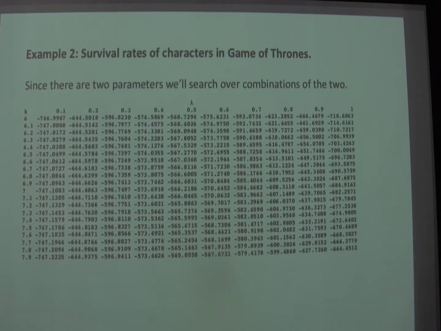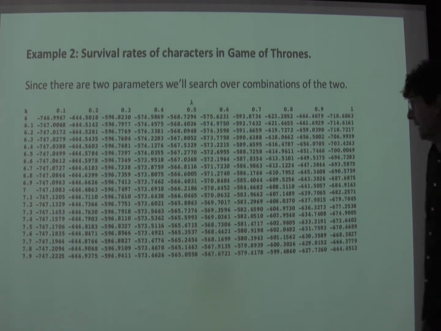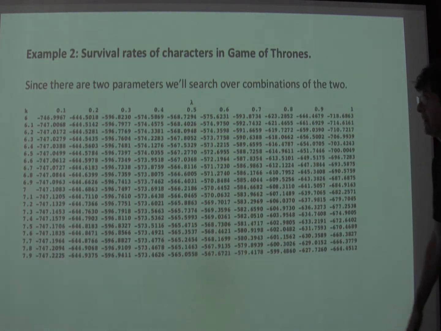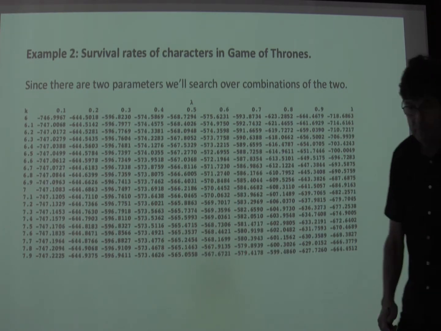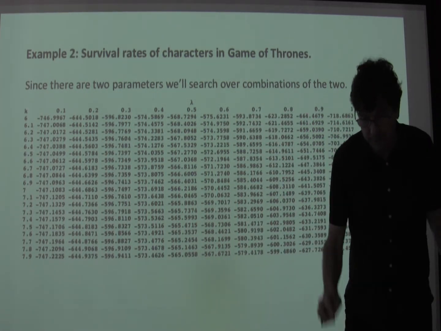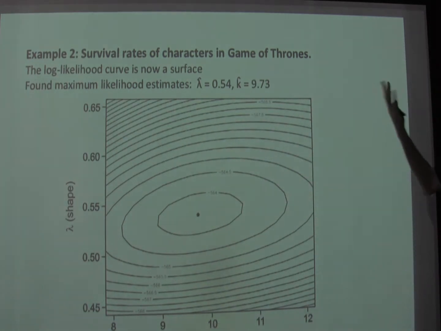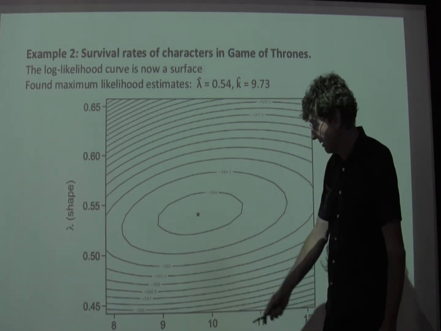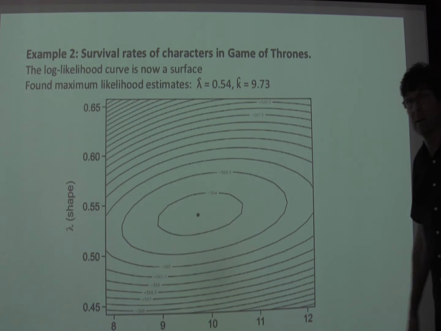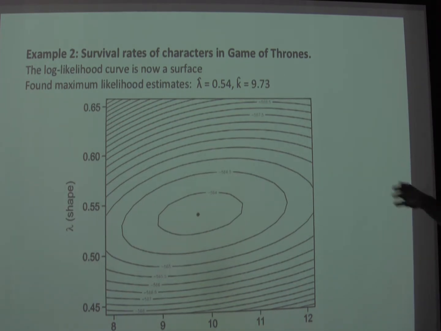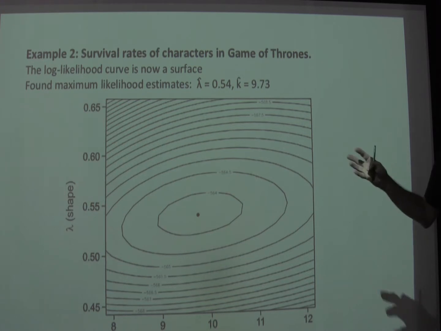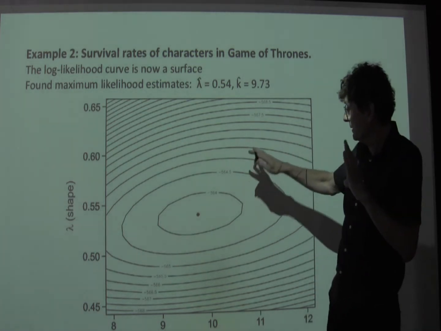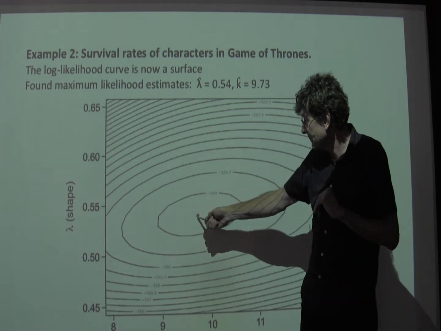And so then, you know, you sort of look at this chart and say, well, where's the maximum value for the log likelihood in this? And that's going to be somewhere in this column so far, at least if k is close to the values which are illustrated. But try to imagine a large two-way grid. You could actually represent that with a contour plot on our graph, where the values for k that I tried are on one axis, and the values for lambda that I tried are on the other axis, connecting the dots as I did before. And now the likelihood curve is a surface rather than just a function, because now I have two parameters. But like before, it's a contour plot, and the maximum likelihood estimate is here.